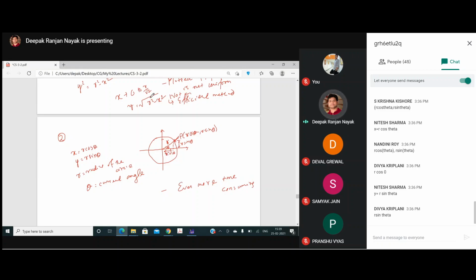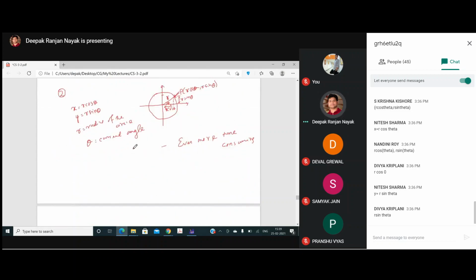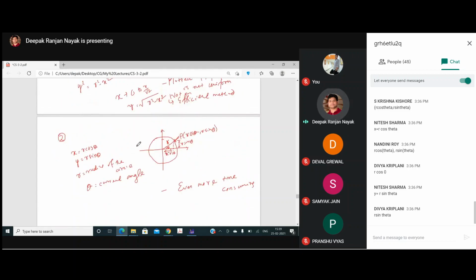Compared to the first method with the power and root, the computation of these trigonometric functions is a problem again here. So if you try to draw the pixels with the help of this second method and the first method, we will be facing some problems, and that is not faster as well.